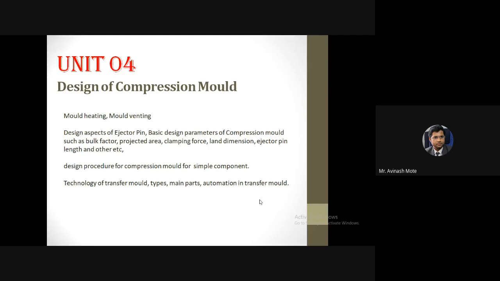Designing of the mold for such applications is not difficult. It's simple, because it's a simple cylindrical tank, the wall thickness is very less, and there is no complicated or complex structure.